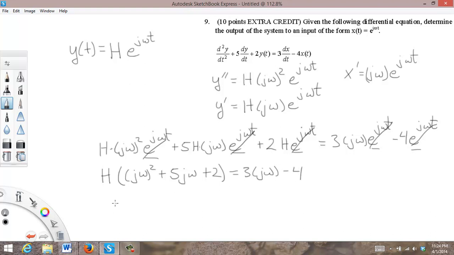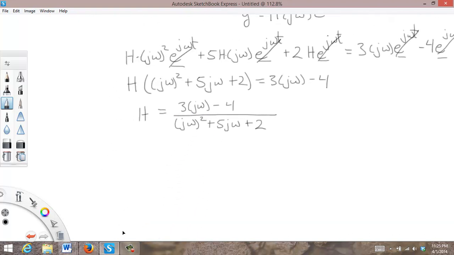And again, since I'm trying to solve for h, I divide the left side by this expression, and h is going to equal 3 j omega minus 4 in the numerator. In the denominator I'll have j omega squared plus 5 j omega plus 2, and I'm almost done here. What I really want to know is y. So y of t is h, just write it down again, h times e to the j omega t,